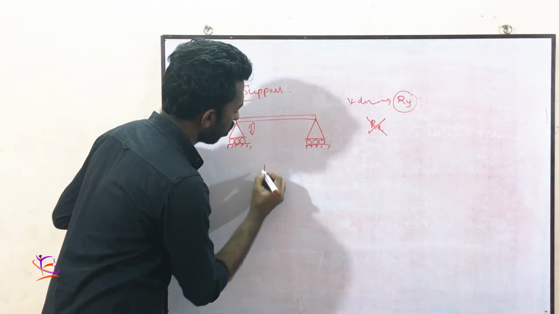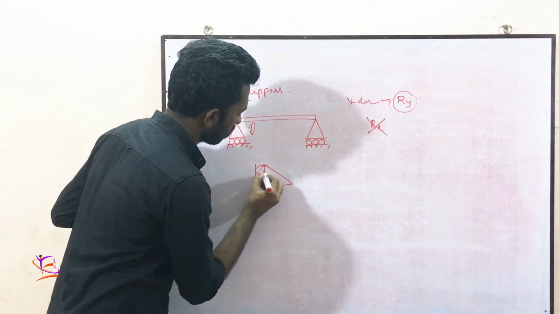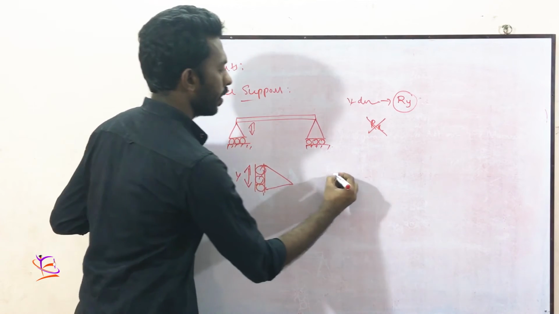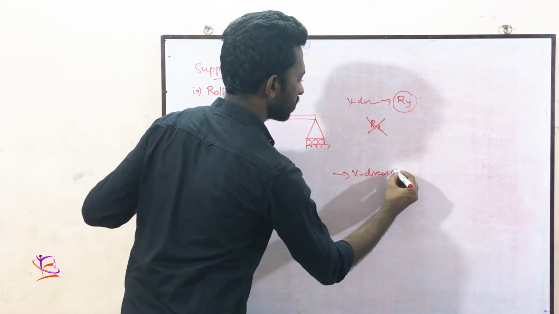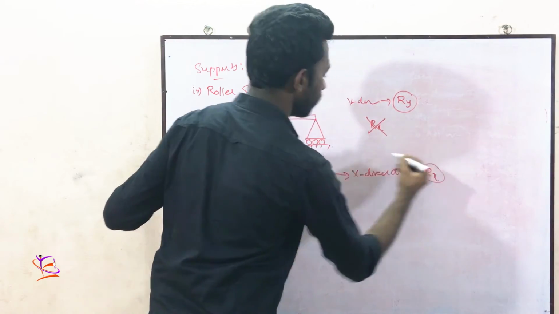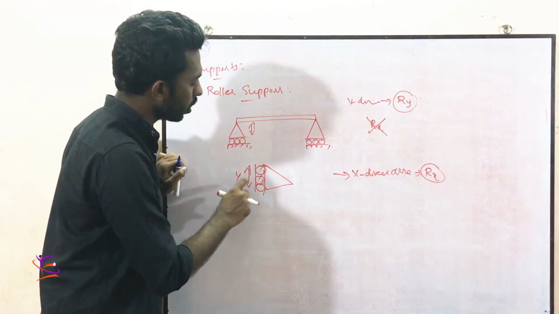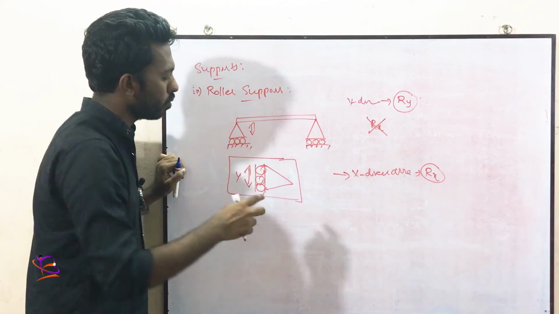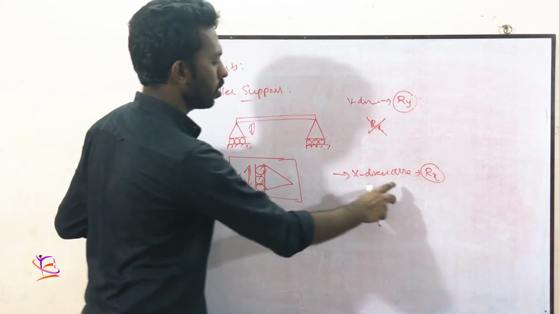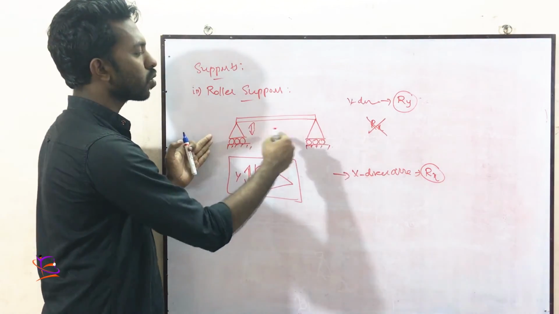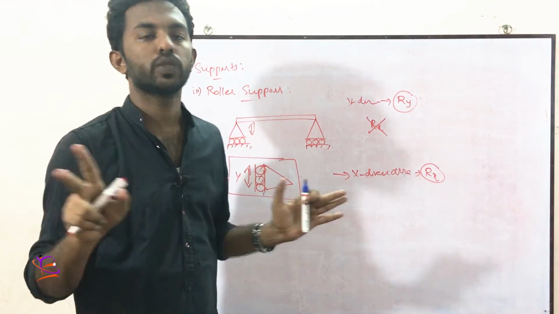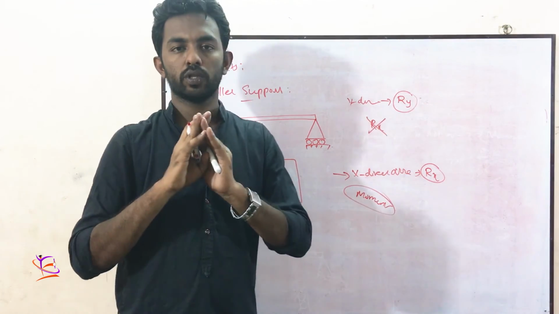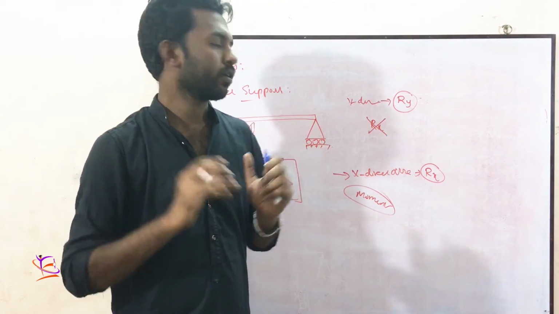Okay, so for the roller support, reaction towards y will be there. If the roller position will be like this, the y direction is allowed and here x direction is arrested. So we can say that reaction x will be there. So in this case, if the roller support is in this particular configuration, that is the y direction is free to move and only the x direction is arrested, it will be Rx. Here also in this roller support the angular displacement is not arrested, so moment will not be there. So we are not supposed to consider any moment about that particular point.